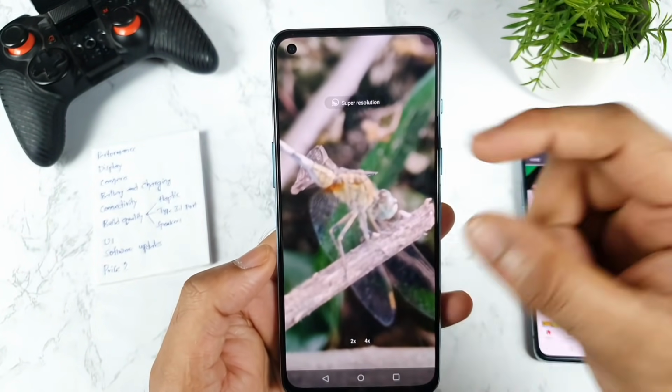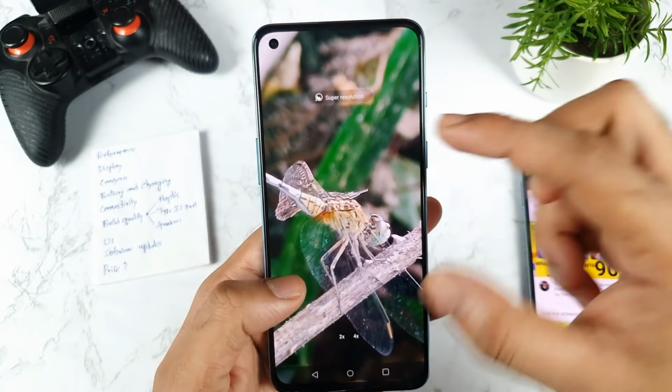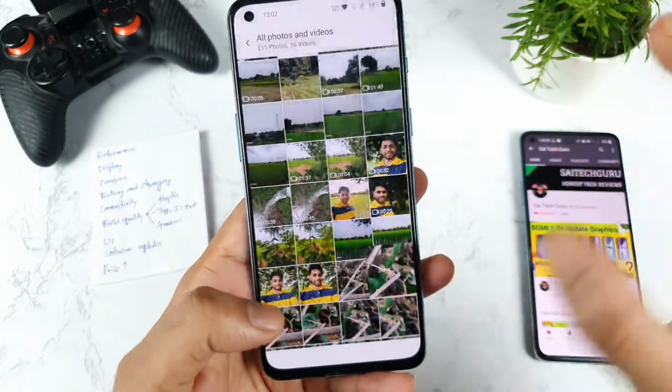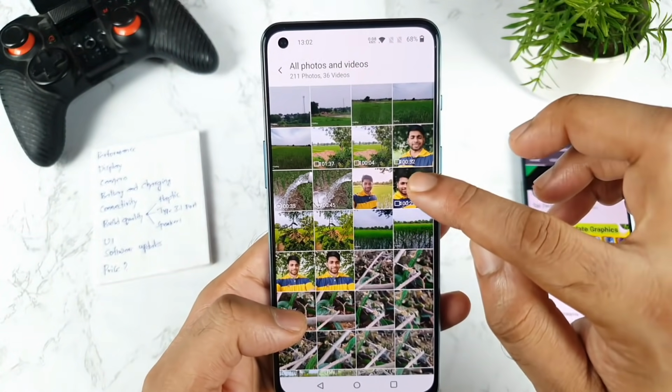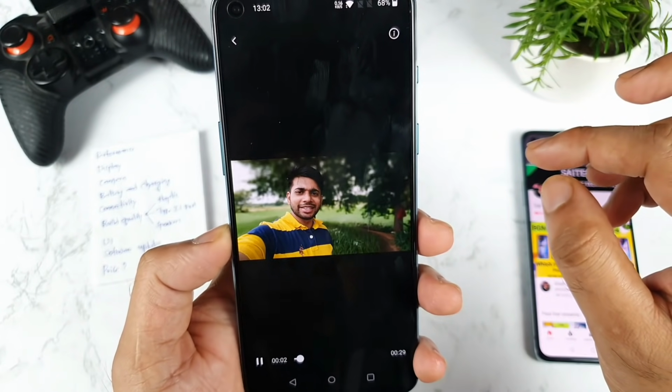It's another shot which I took using this OnePlus Nord 2, which looks fantastic. As you can see, friends, the shot, which is my favorite shot of all time, this one in the OnePlus Nord 2 only, which I have taken. Even the front cam video recording is really good in this phone. Not much complaints in terms of the front cam, as you can see.